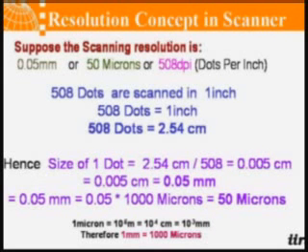So we talked about the resolution 0.05 mm, and finally we converted it. This is equivalent to 508 dpi or 50 microns. In digitizer and scanner technology terms, we use dots per inch, dpi. So 0.05 mm multiplied by 1000, since 1 mm is equal to 1000 microns, becomes 50 microns. I hope you all understood what I am telling.